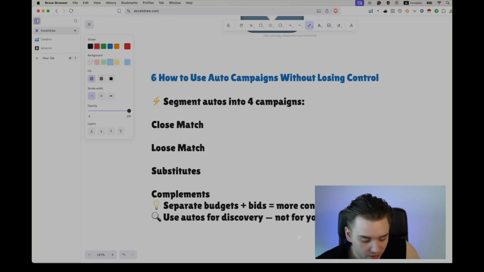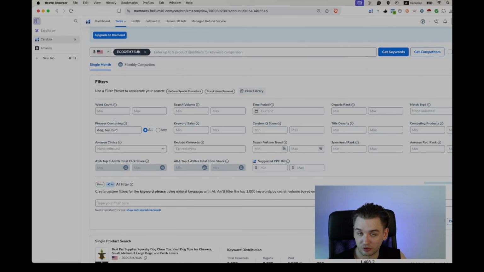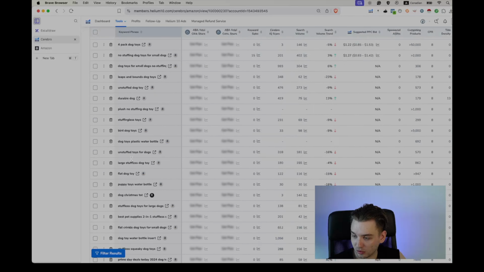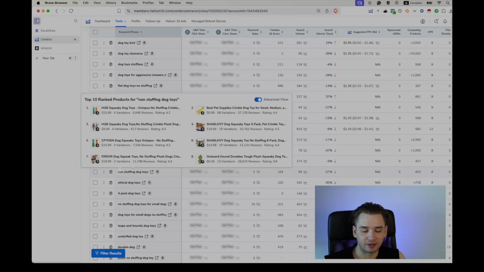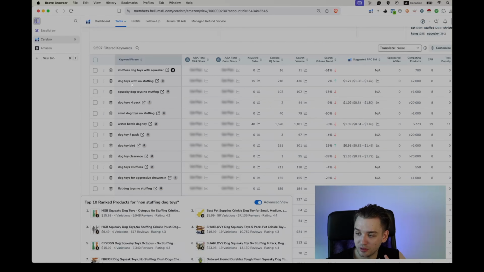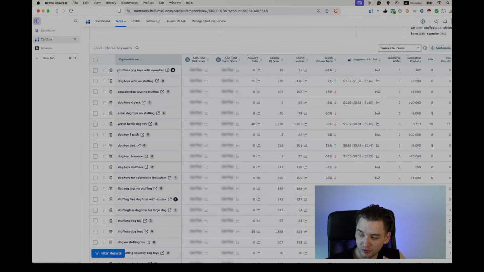Next is, how do you use your auto campaigns without losing control? Well, first of all, it's about building a strong negative keyword list. And there are a couple of ways to do so. One way is to take your competitor's listing, download the list of all of these words, and go one by one to find irrelevant phrases. Or, what I would say you should do is download that list, and copy all these phrases